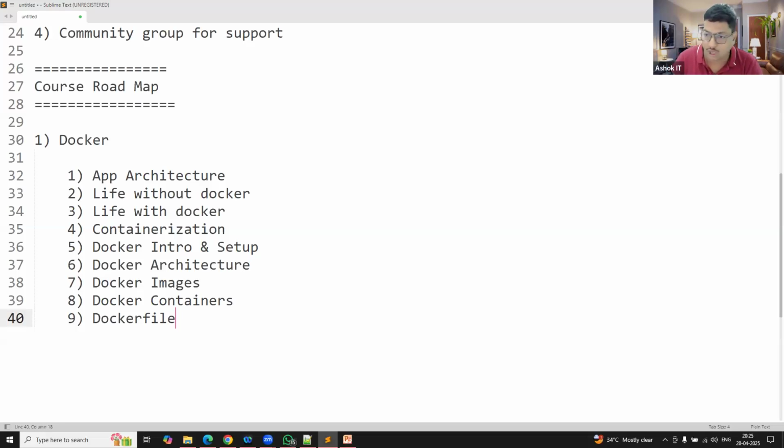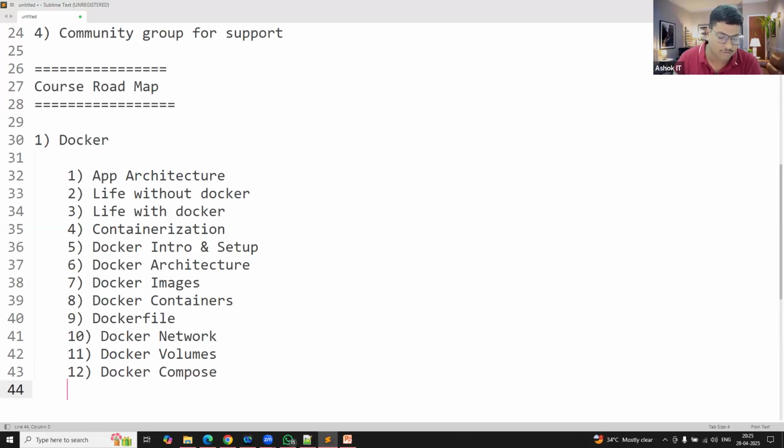And what is a Dockerfile? Then we are going to understand Docker network. We will discuss Docker volumes, Docker compose, and Docker swarm. From Docker, these are the topics we are going to learn.